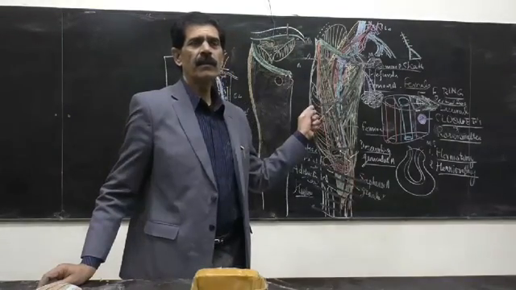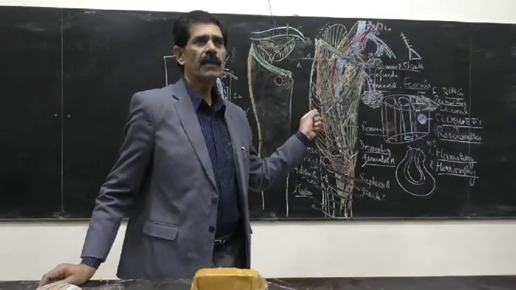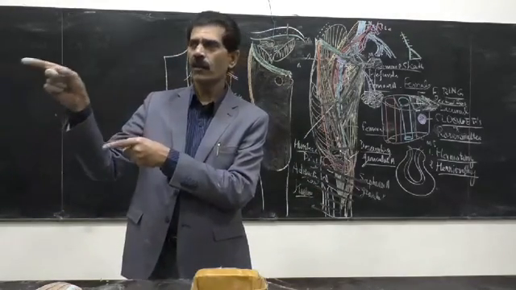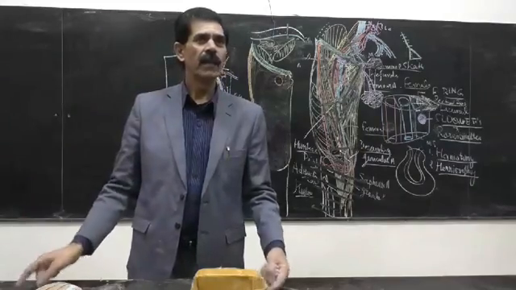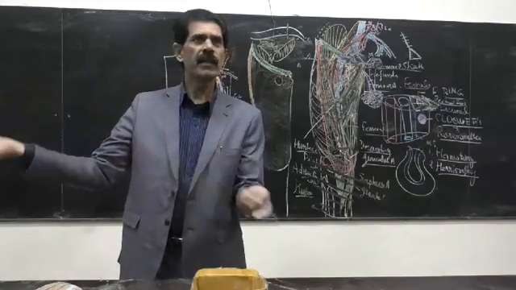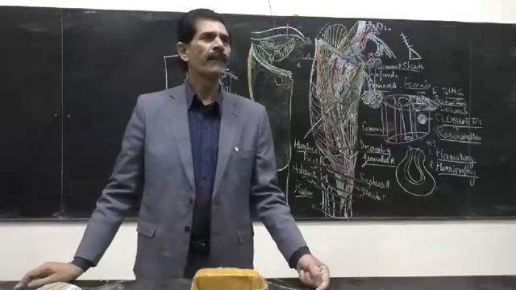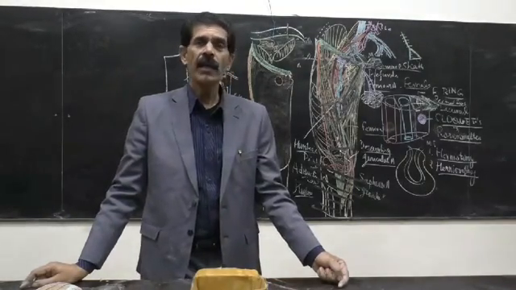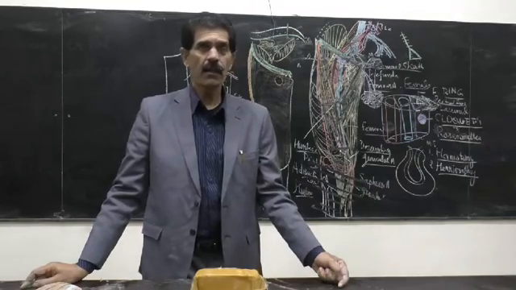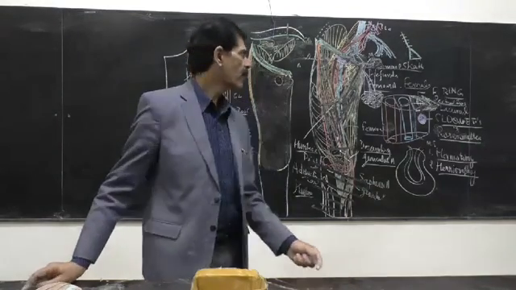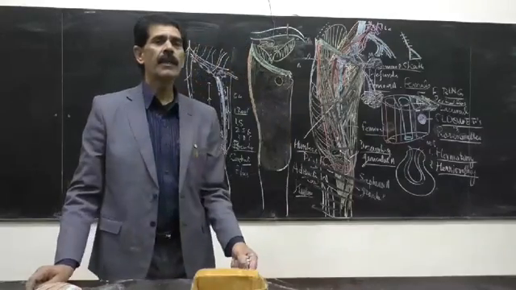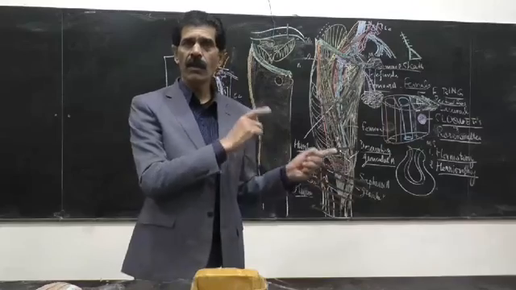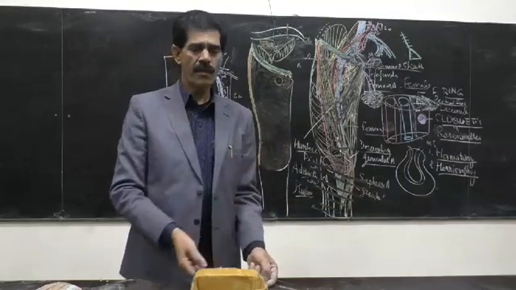Another training is given on how to hit a bullet into the Hunter's point of the enemy. They know where to hit, because they know where the Hunter's point is. When the enemy is injured at Hunter's point, there may be bleeding, and he may die. So all army people know what the adductor canal is, what the femoral triangle is, and what the femoral apex and Hunter's point are. That's all we should know about the front of the thigh. Systematically going from the skin deep up to the muscles and the